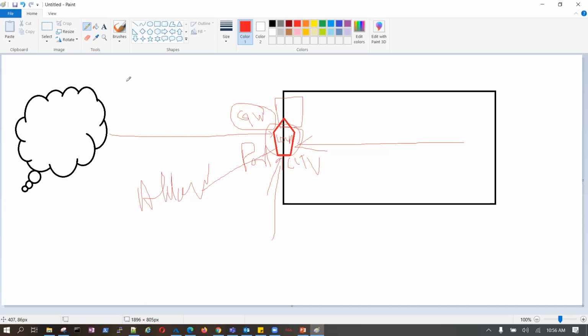You have a username and password, and you have an authorization, right? So this becomes authentication, and this becomes authorization. Security group.